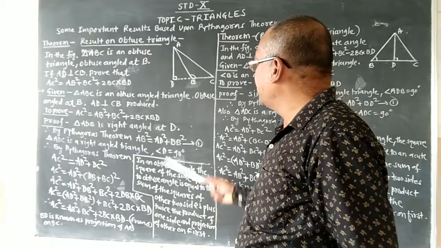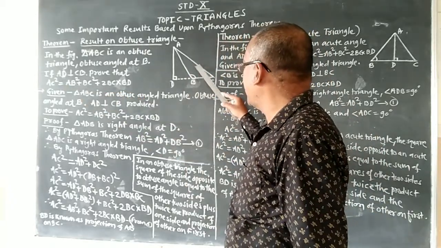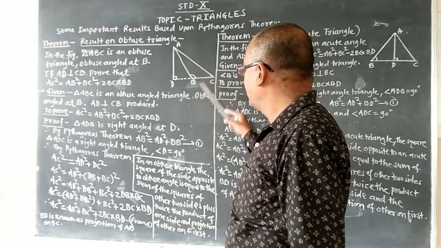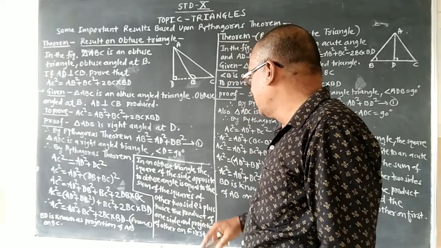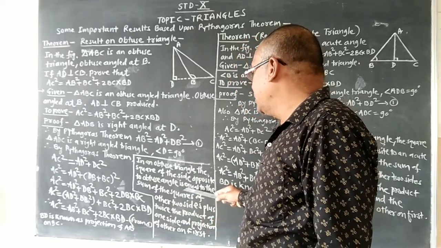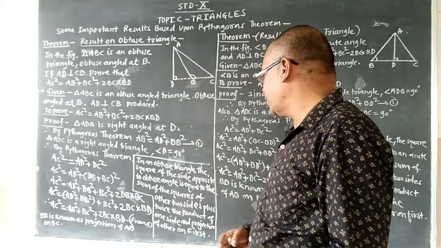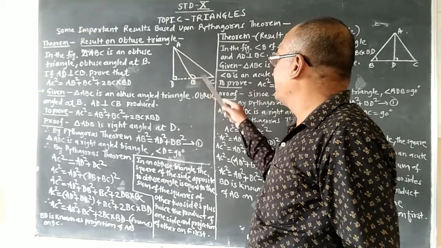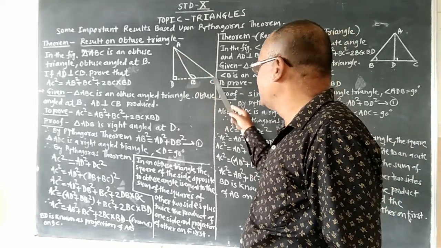Here it is seen that AC is the side opposite to the obtuse angle, and the square of the side opposite to the obtuse angle is equal to the sum of the squares of the other two sides, means AC square is equal to AB square plus BC square